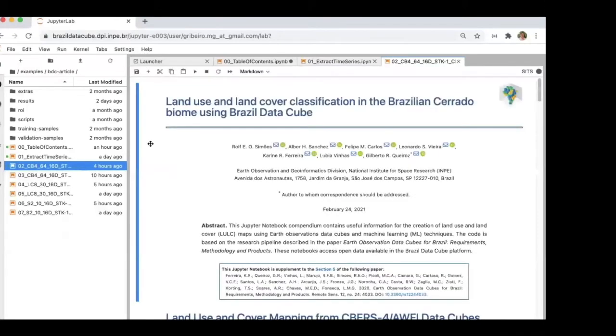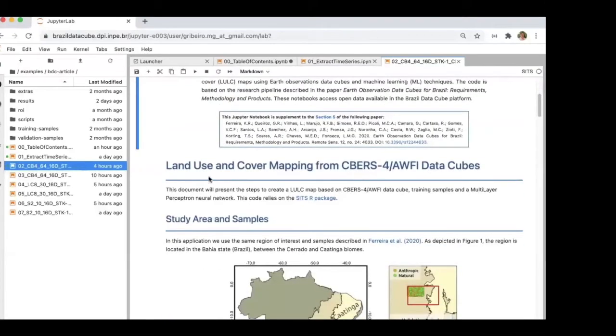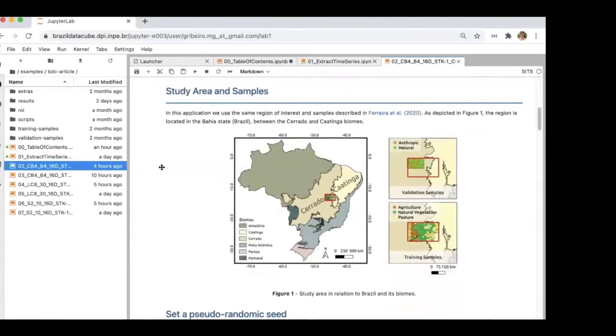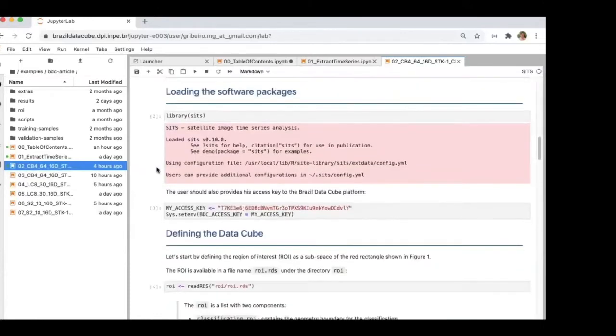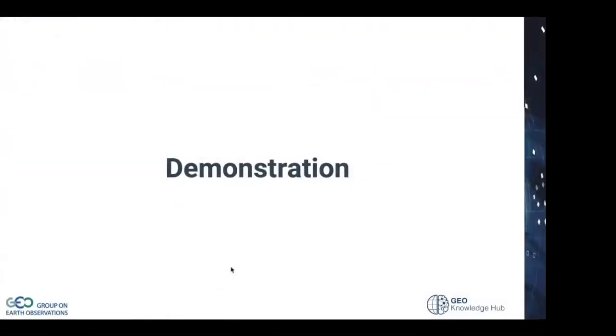Then for each data cube, there is a specific guide that covers the classification process again. So just to wrap up the presentation,